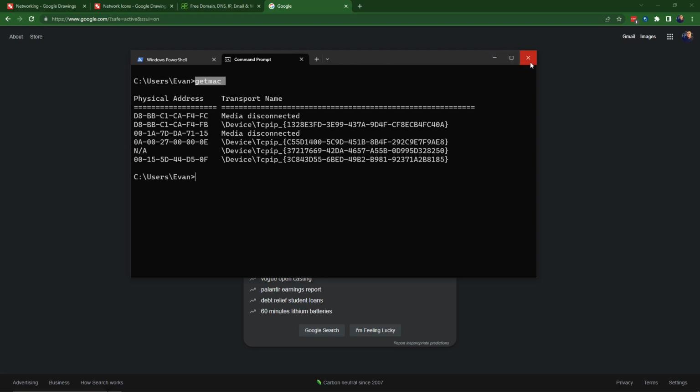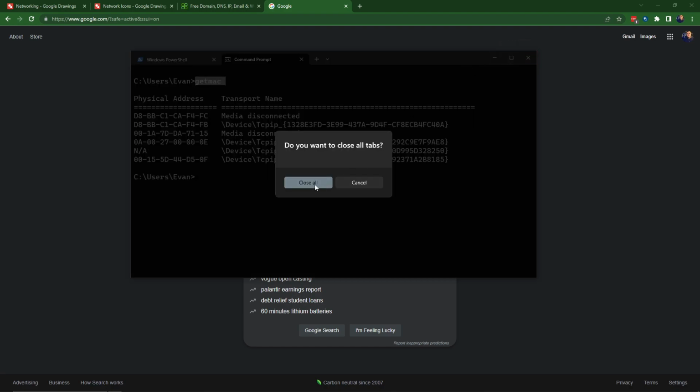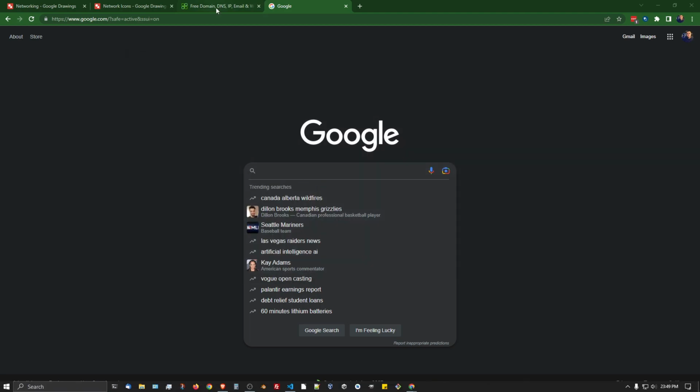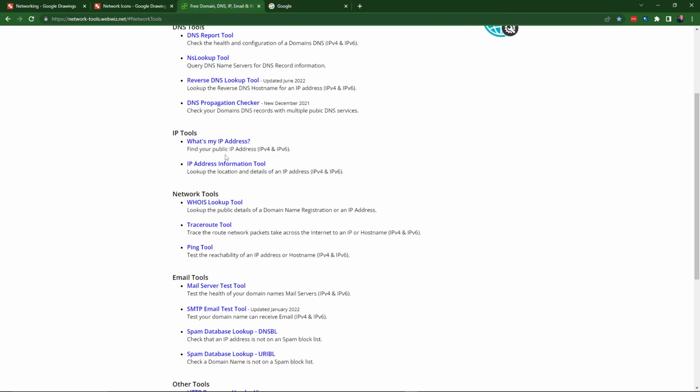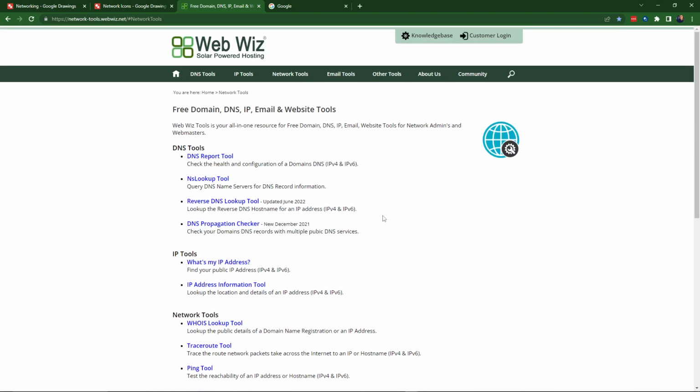Alright, final thing for this video. Some interesting commands to play around with there. You can try all kinds of stuff. The last thing I want to talk about after we do a little lookup here is the OSI model. So last thing I want to show you with these cool commands is